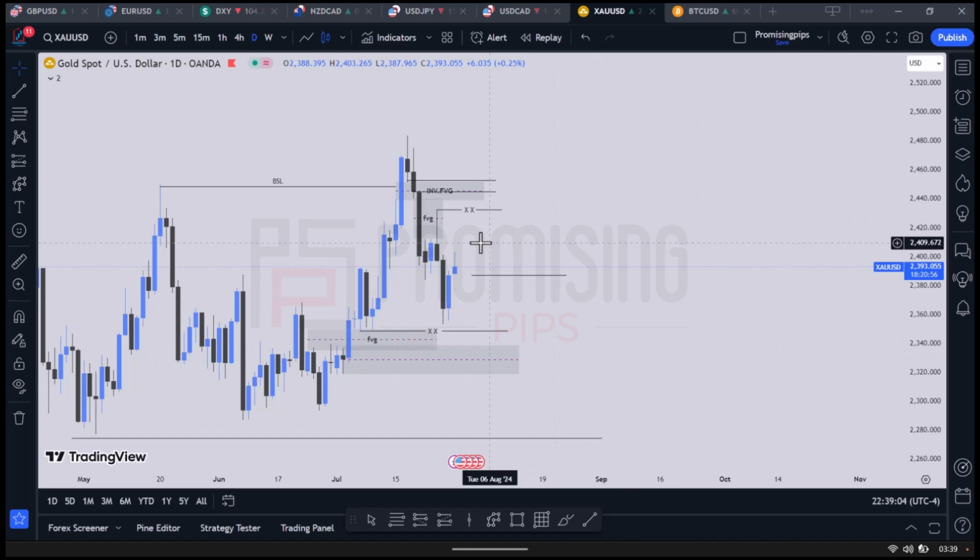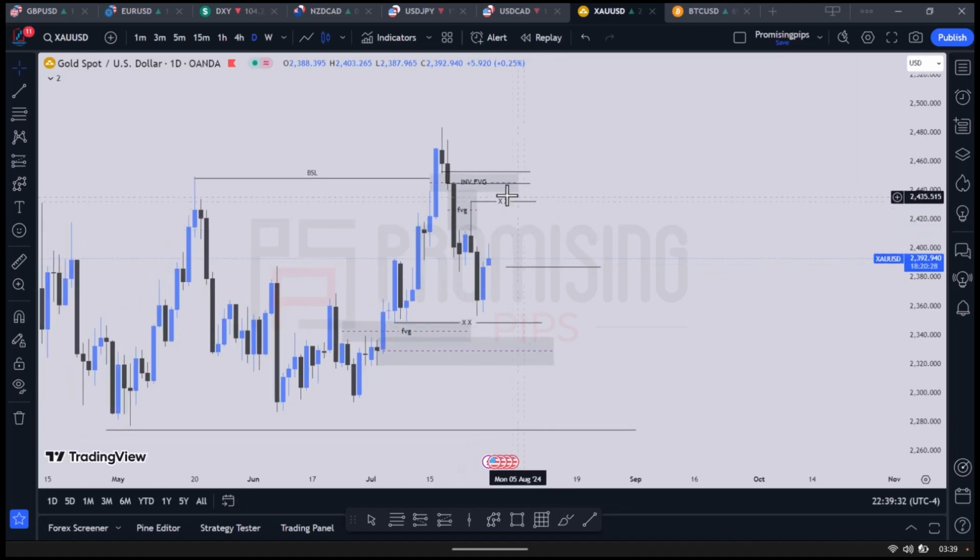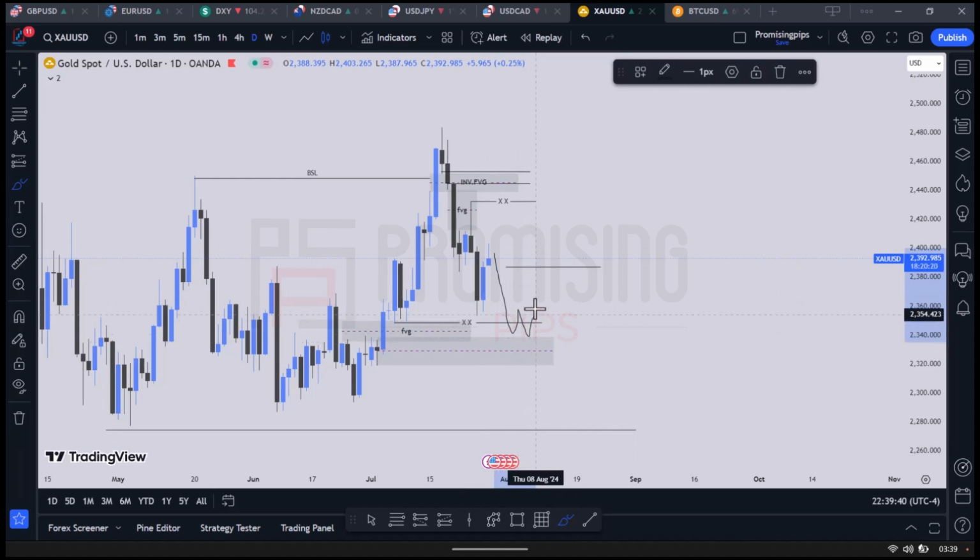Now, if we look at this price leg, the balance of inefficiency is not yet activated. It is not on the premium leg one, balance of inefficiency, and also the balance of equilibrium, right? So if this market eventually starts giving me some buys, I will be patient enough to wait for the sell from this region. But if it sells back, if it comes back, then I'll look for a buy on a higher time frame like this, for me to buy on a smaller time frame.